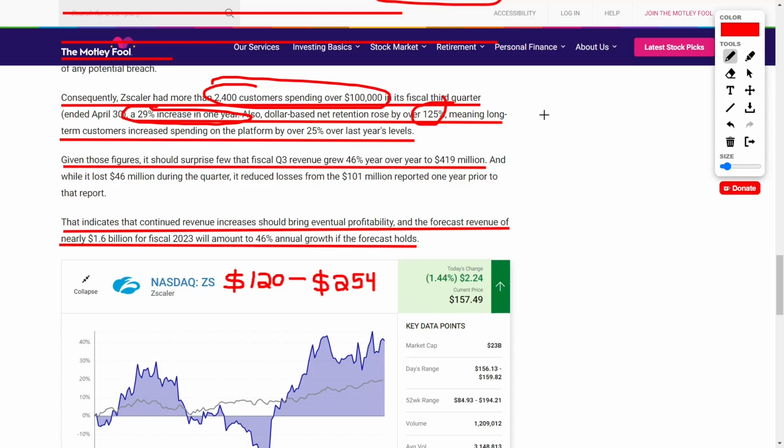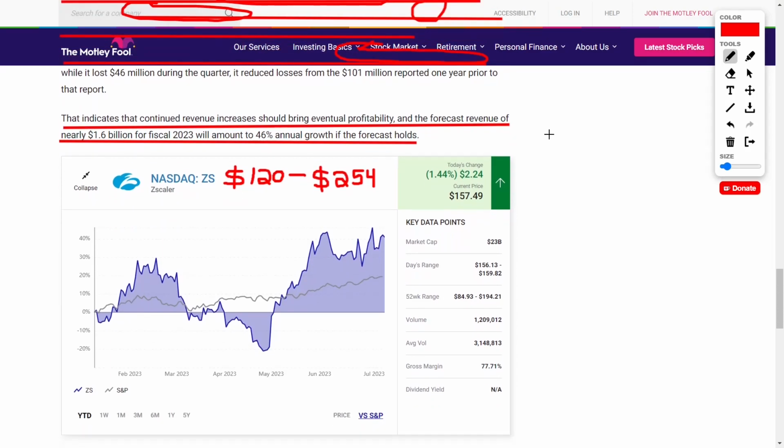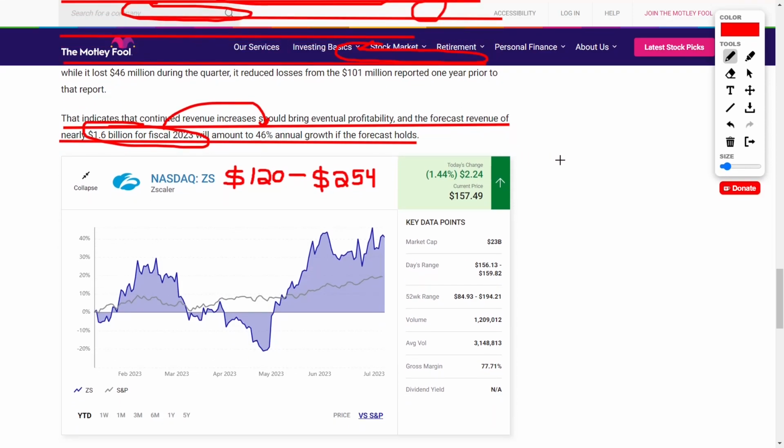In regards to revenue specifically, their revenue grew by around 46% year over year, up to $419 million for the quarter, indicating very strong revenue growth. For the full year of 2023, they're anticipated to bring in $1.6 billion, and that would equate to, again, 46% annual revenue growth, which is extremely impressive. Ideally, you would want to identify a rapidly growing company with a revenue CAGR, also known as a compounding annual growth rate, over 30%. This company demolishes that by growing by 46%, and although their current price may seem high at